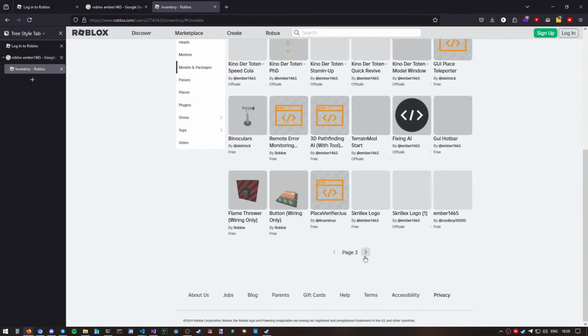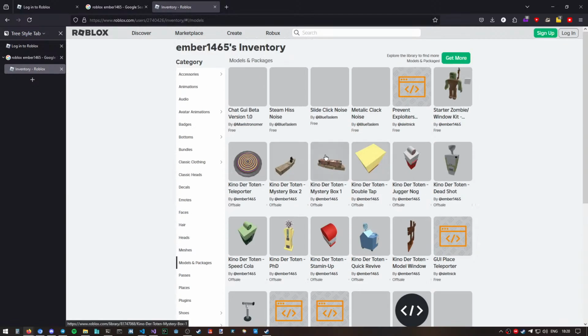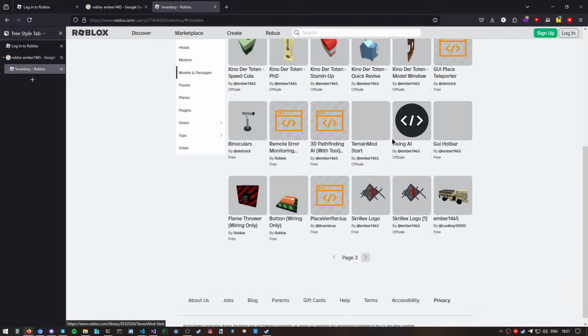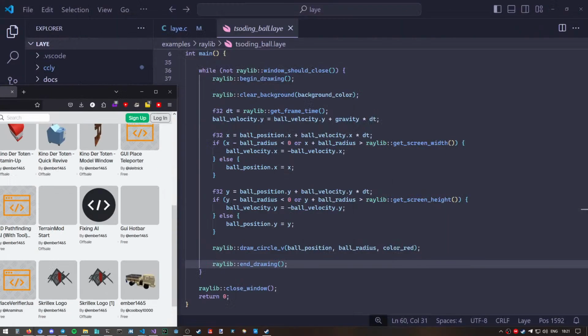We'll get back to the compiler in just a second. I'm going down memory lane. I made the Skrillex logo for shits and giggles. There's the Kino der Toten mystery box. It's basically the same mystery box as everything else, but again, you couldn't do fancy stuff. I made all the perk machines with my build tools. I scripted these build tools. I have a window model that I was programming with some zombies. I have somewhere on YouTube even,